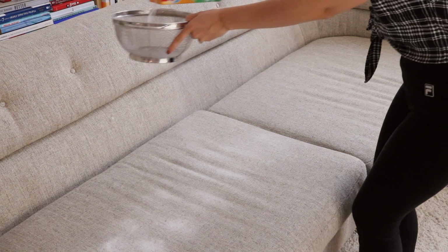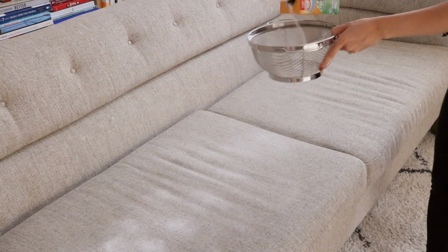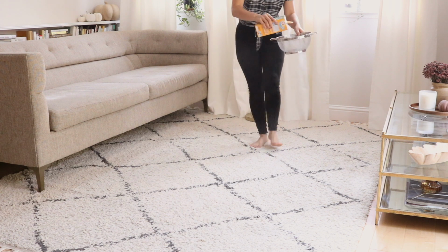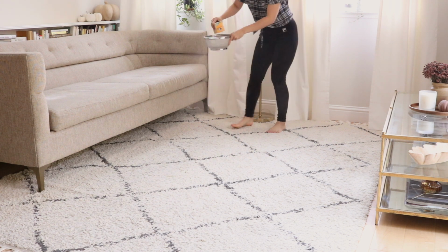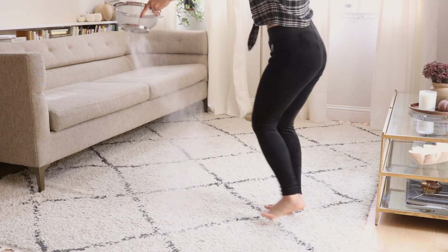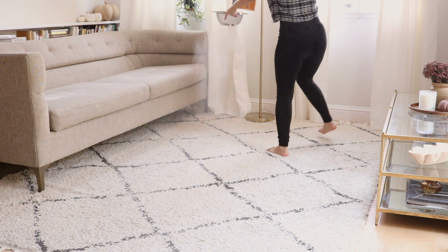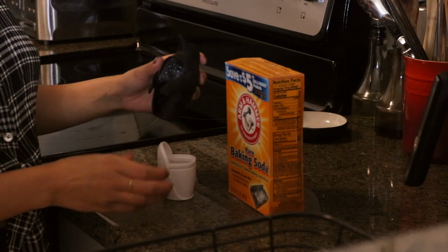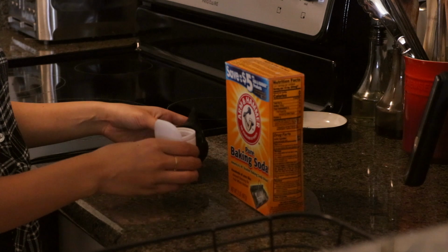Since the scent seemed pretty strong, I sprinkled a 1-to-1 ratio of it with regular baking soda all over the rug and sofa seating cushions. And while I was doing that, I also used this strainer to help sift it, though I don't know if it really did anything. Then I let that sit for about half an hour, and while that was sitting, I went ahead and replaced